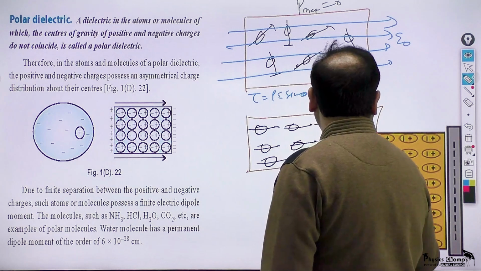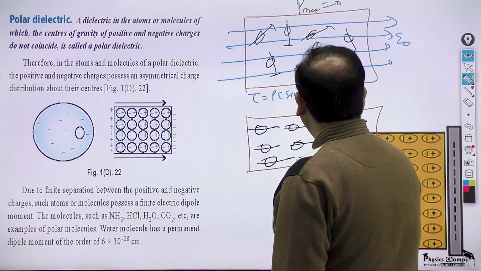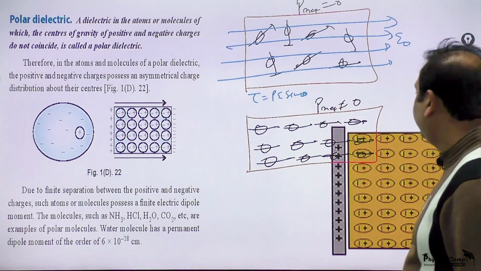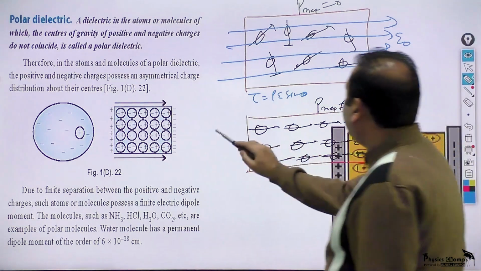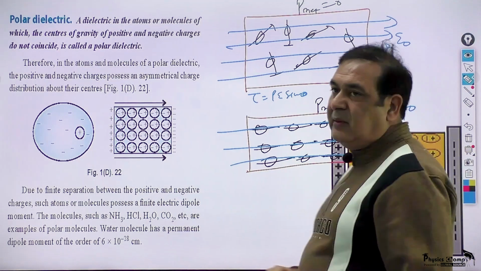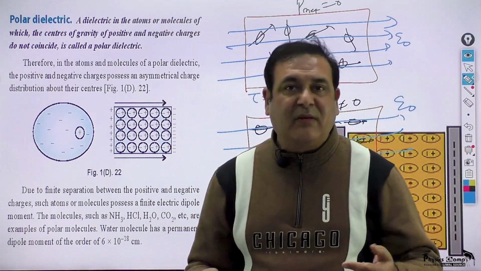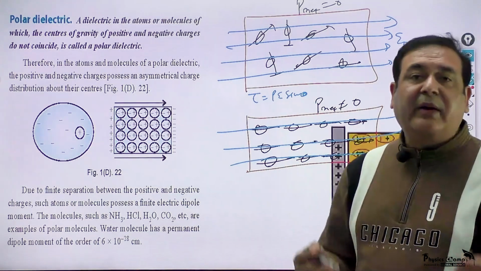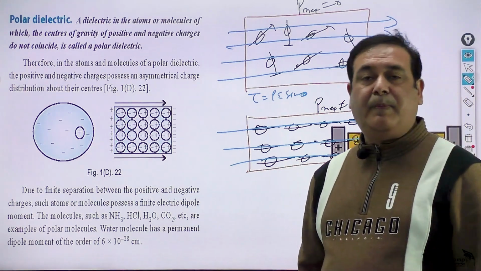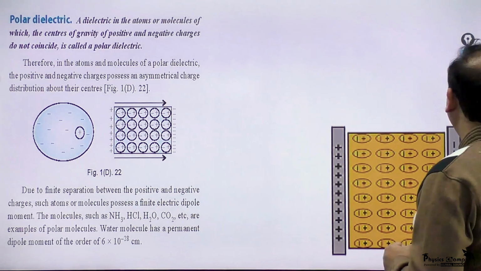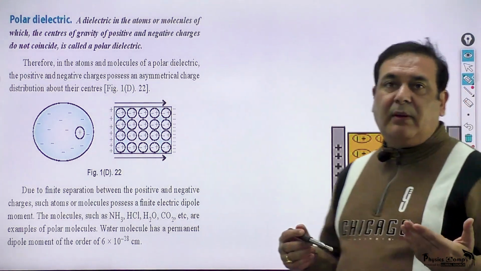And thus the net dipole moment is not 0 now. And that is happening in presence of external electric field. Again, this is polarization, this is the phenomenon of polarization of these polar dielectrics. Now moving ahead about polarization,